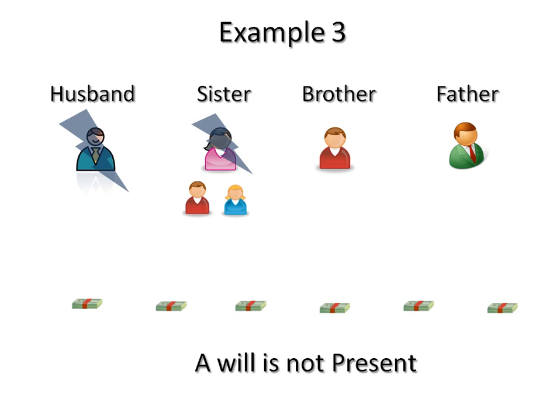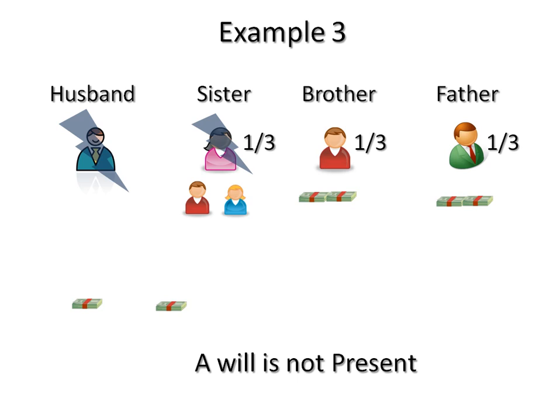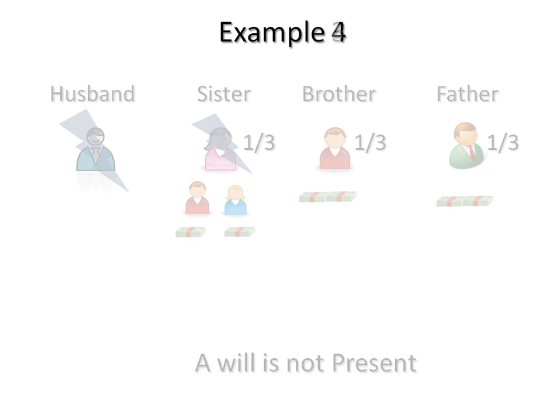Now all these three people are in class 2. Father is in class 2, hence he will get 1/3. Brother is also in class 2 and he will also get 1/3. And the sister is also in class 2, hence 1/3 of the property, that is 2 bundles of money, belongs to her. But because she has 2 children, those 2 bundles will be divided among them, and one bundle will go to each of them. So I hope you have got a good understanding of what happens if one class of legal heir is not there. Now let us move to a little more complicated example.